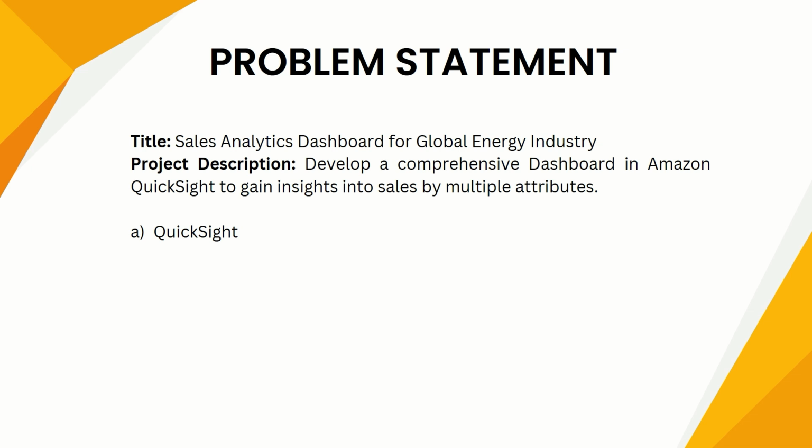But one thing that we need to make sure of for this particular project is that QuickSight offers a 30-day subscription. So 30 days free subscription. For 30 days, you can use QuickSight for one user and for free. But later on, it will start charging you on a monthly basis, on the basis of the package that you selected, and lastly on the basis of how many users are added into your QuickSight.